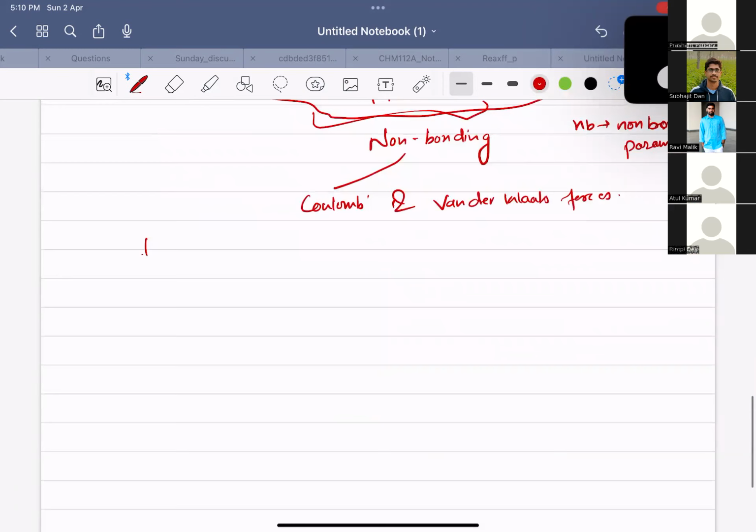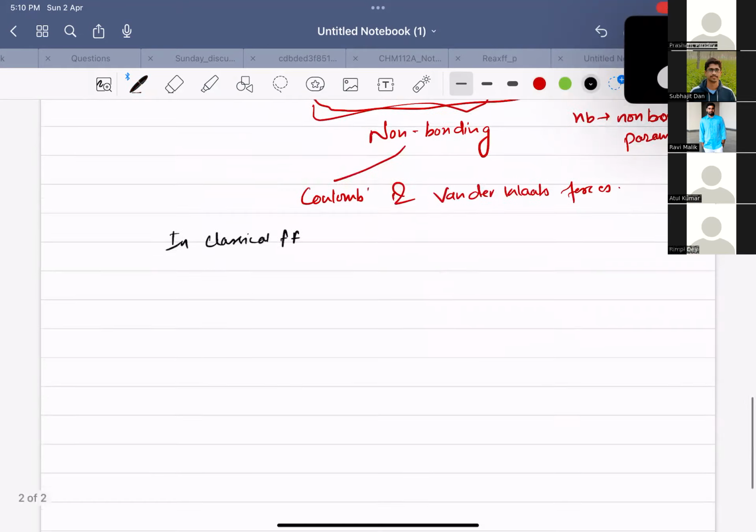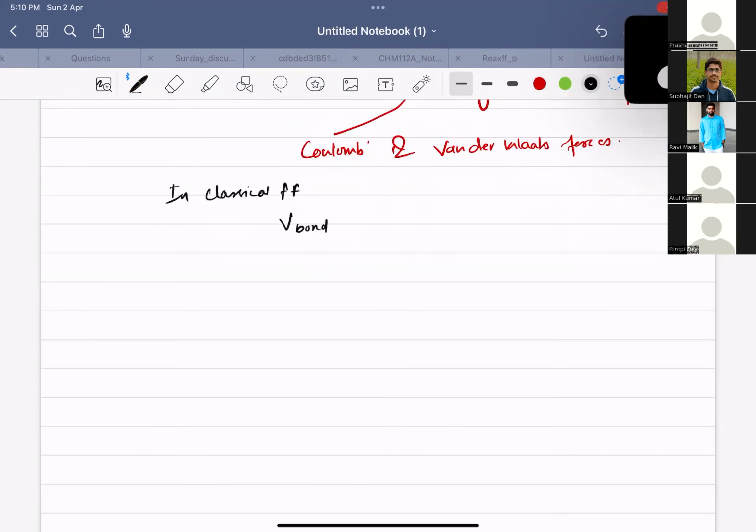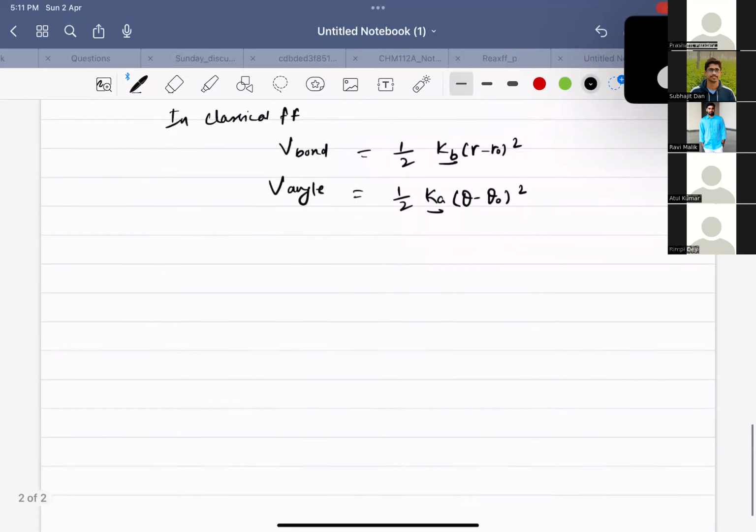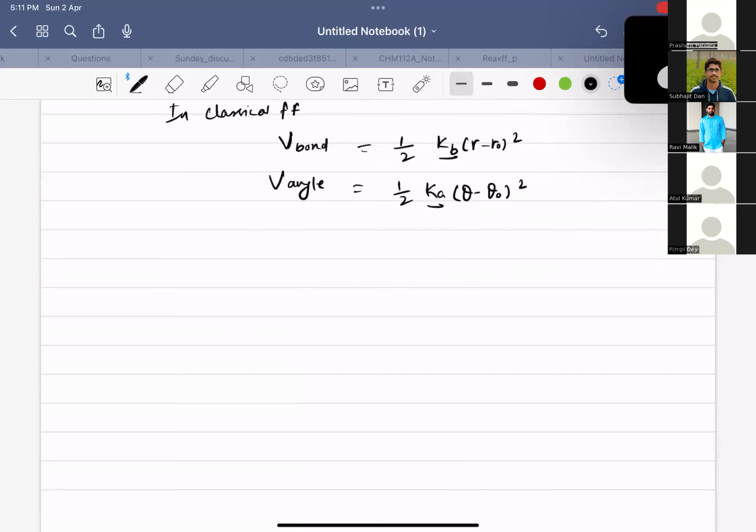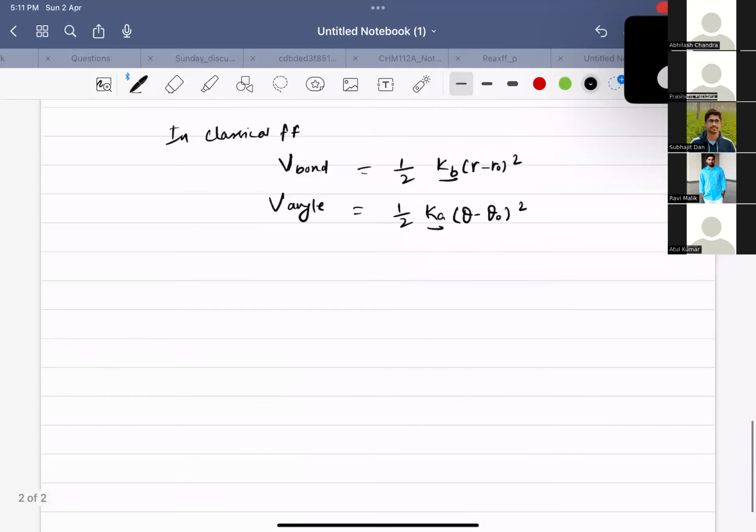Now in the classical force field, all these bonding parameters are treated as harmonic potentials, where Kb and Ka refer to the force constants for the contributions from the bond and the angle parameters. Because in the classical force field all of these parameters are considered to be harmonic potentials,